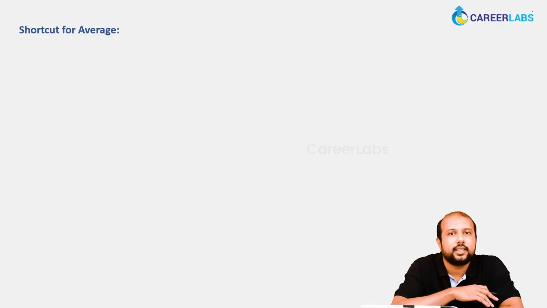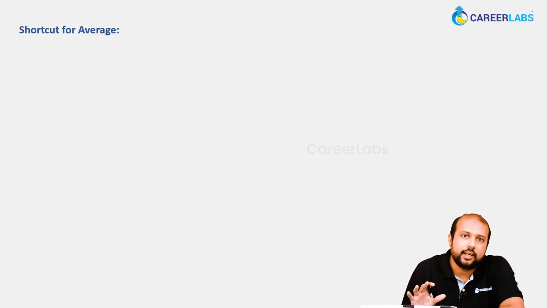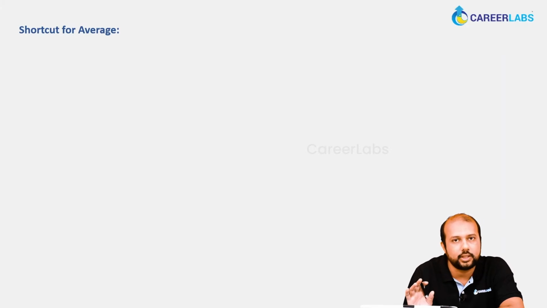Now let's discuss that shortcut for finding the average a little more elaborately. In your exams you may not get 20 or 30 elements to find the average. The idea is always the application, that is, the properties of the average. But if they give you, let's say, a table with 7 or 8 terms, or maybe less than 20